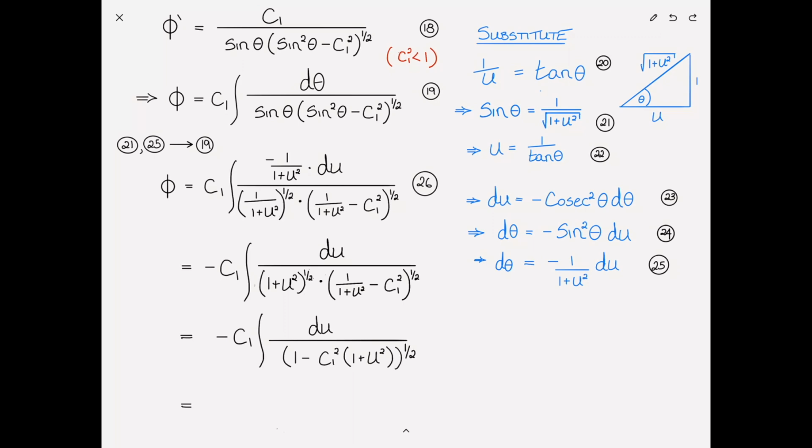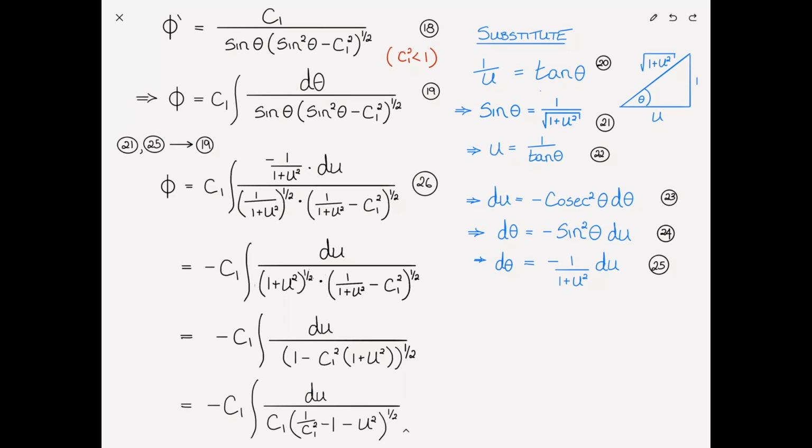I can simplify the denominator further. Minus c1 times the integral of du divided by, I'm going to take a c1 squared outside of here, take the square root of it, I'm just left with a c1, and then I've got to divide each of the inner terms by c1 squared. So I get 1 over c1 squared, the c1 squareds cancel, and I'm just going to distribute this negative sign. So minus 1 minus u squared, all to the power of 1/2. I know I went through that quickly, but if you guys want to slow it down,